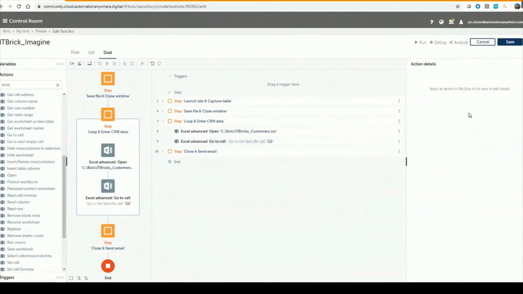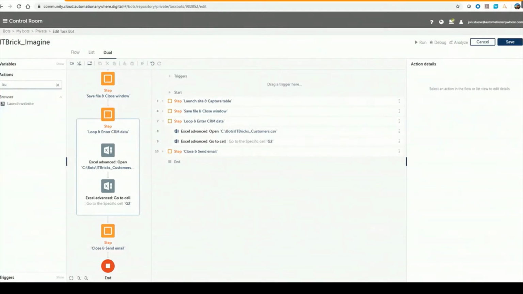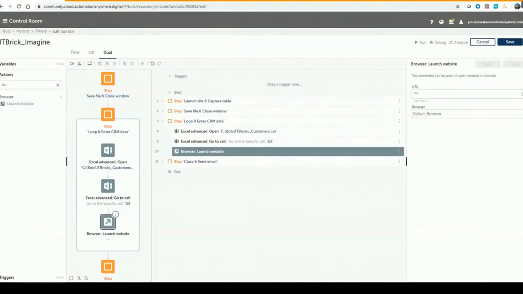Now that I've got my spreadsheet set up, I want to open up the new website where I'm going to be filling in the CRM. Pardon me. So I'm going to take a break from Excel and go to launch my website again. So launch. Here's launch website. And this URL is a little bit different. We're going to go to